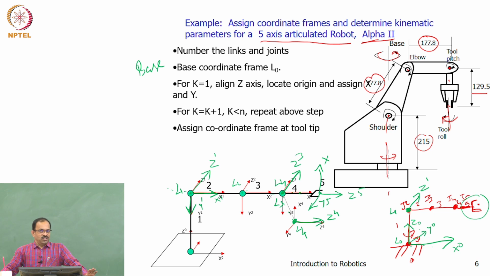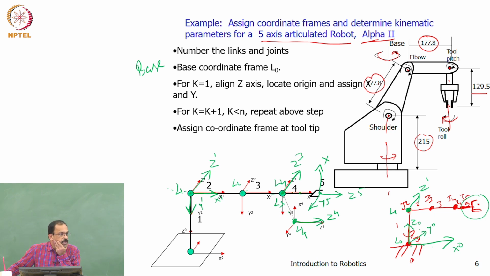They are not joints. L5 is not a joint. It's a coordinate frame. We are not saying that it's a joint. We are saying that it's a coordinate frame we have to assign. So L0, L1, L2 represent the coordinate frames, not the joints. Okay. But some of them will be attached to the joints. The last one is not attached to any joint. So for any n degree of freedom robot, you will see n plus 1 frames. Okay. Because we need to have a tool frame also.